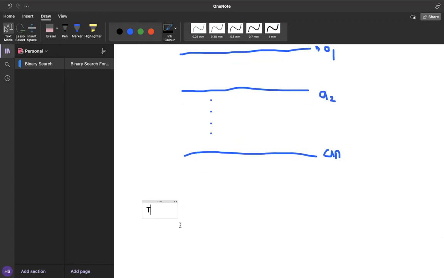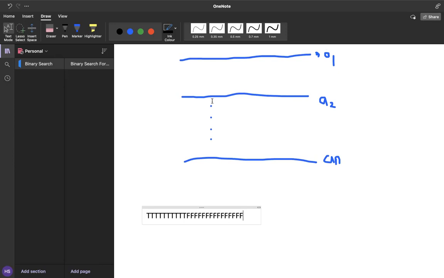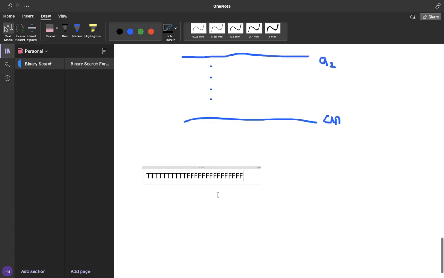So this is a situation of true, true, true, true, true, and false, false, false, false, false. Obviously, if we take a length 0, then the number of pieces that we can cut is virtually infinite. If we can cut infinite pieces, then we can cut k pieces. Similarly, if we can successfully cut i pieces, then we know that we can cut i minus 1 pieces as well. That is why this is a situation of true, true, true, and false, false, false. And finally, we need to find the index of the last true.